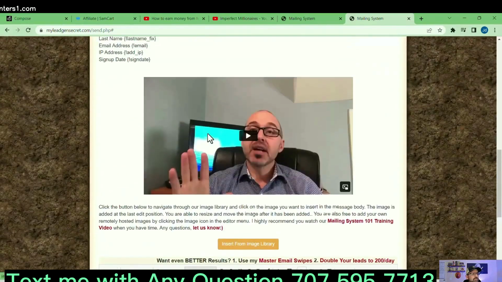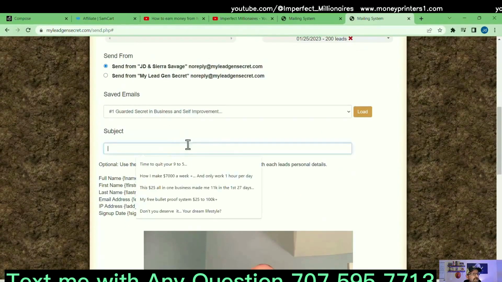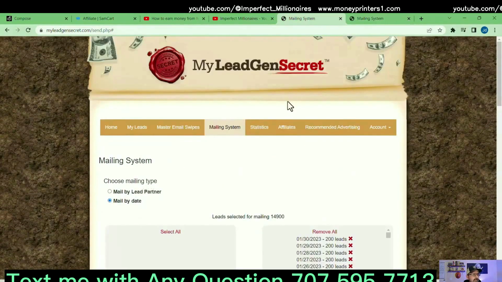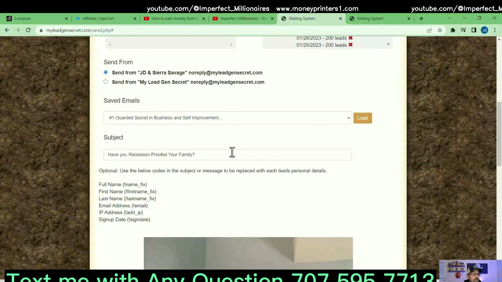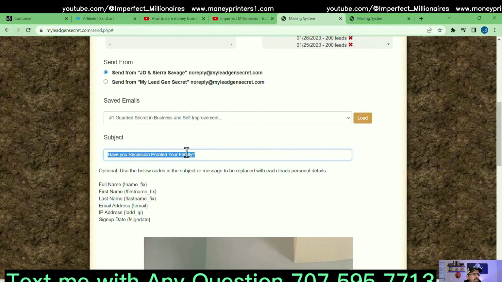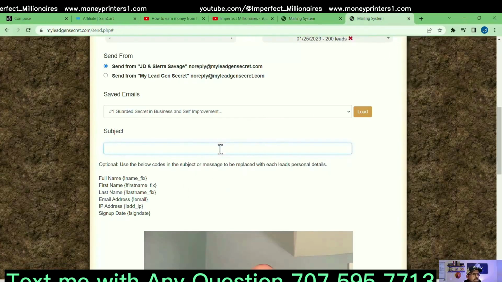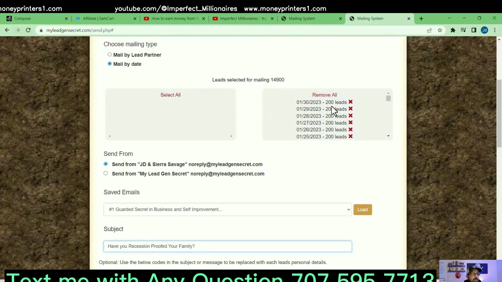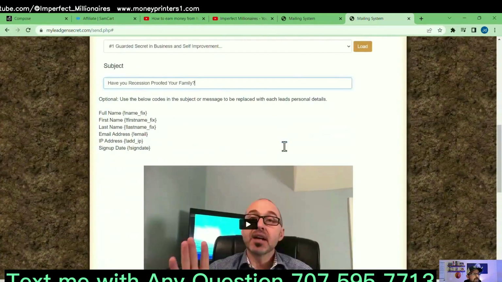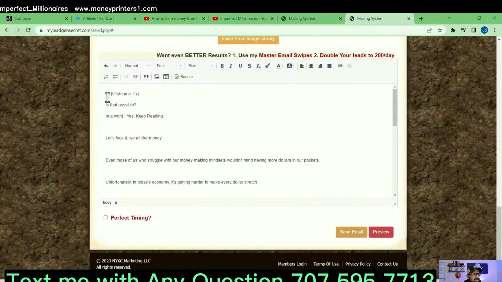So now, scroll back up here, click here, open the first one that you copied, scroll down here, and then you're going to copy your subject, and if you just leave it that way, what you can do is just right click on it and copy it for the remainder of the accounts. Okay, so come over here, you're going to right click, and you're going to paste. Now, you have all of your leads selected. In this case, it's 14,900 of them in this account. You're going to scroll down, and you're going to do the same thing.